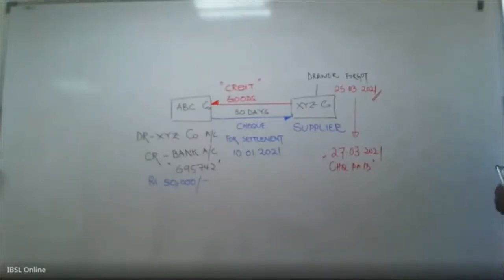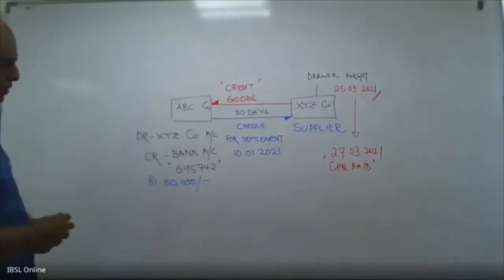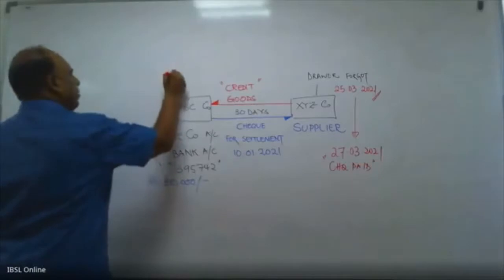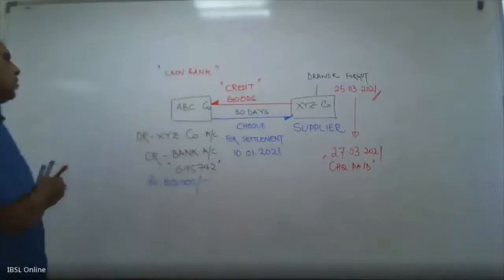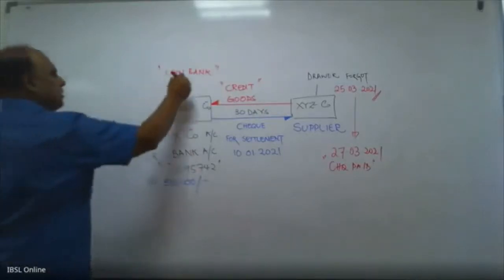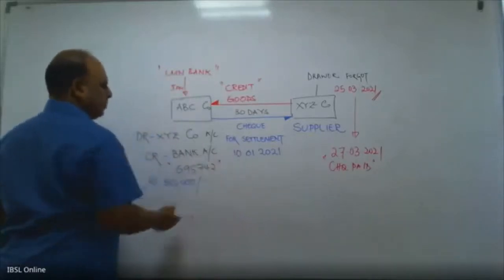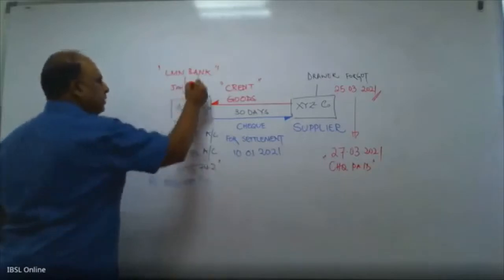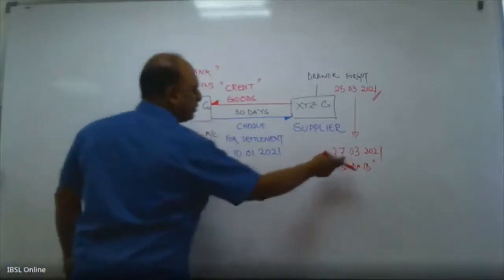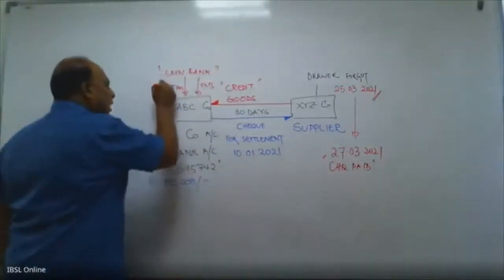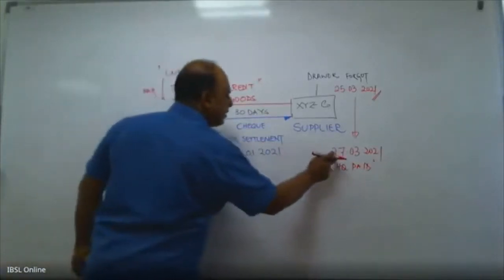So now what happens? If you look at ABC company's bank account, as per the bank, let's say their bank is Element Bank. Element Bank will send them statements. January there will be a statement. January month end, this check will not appear. Again, February there will be a statement. This check will not appear. Why? It has not come yet. Now they get the statement in March, and then they will see this.